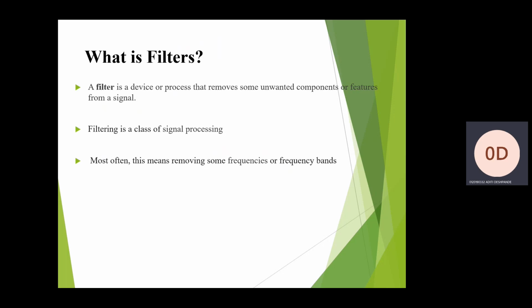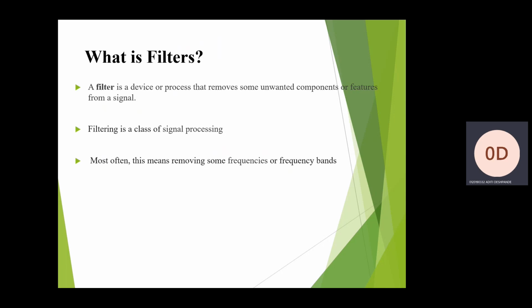So first of all, we will see what a filter is. In signal processing, a filter is a device or process that removes some unwanted components or features from a signal. Filtering is a class of signal processing. Most often, this means removing some frequency or frequency bands. Filters are widely used in electronics and telecommunication, in radio, television, audio recording, radar, control system, music synthesis, image processing,